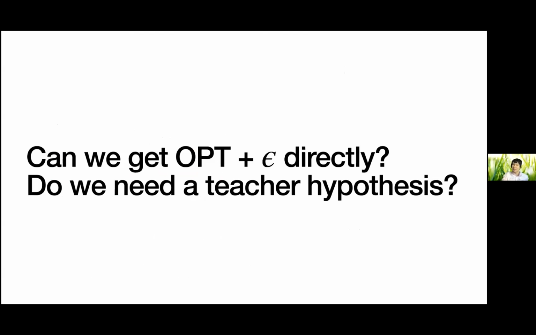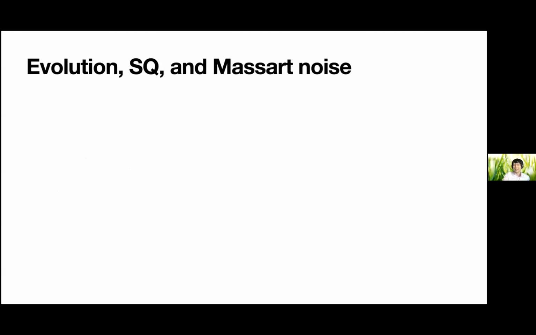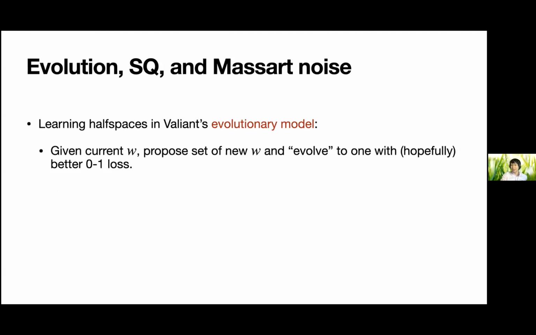So the last thing I want to, or second to last thing, sorry, of the theoretical results. Okay, well, we said all this stuff about getting error eta plus epsilon and how if you have a teacher, you can do better. But maybe you don't actually need the teacher, or you can actually just come up with a better algorithm, get error opt plus epsilon. And it turns out that you can't. And the reason essentially has to do with a connection with some other classical work in learning theory on evolutionary learning.